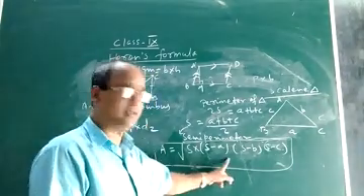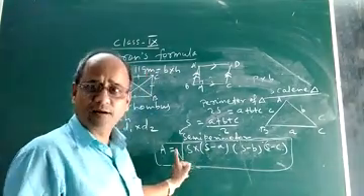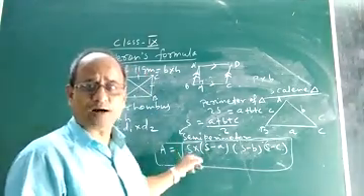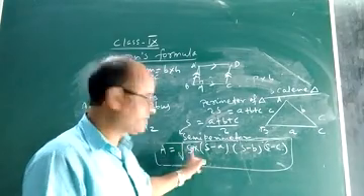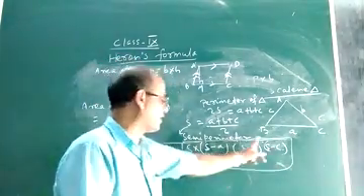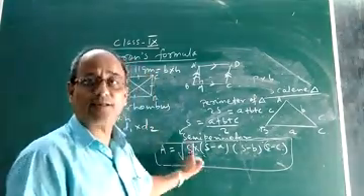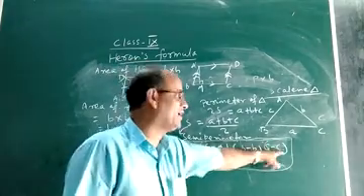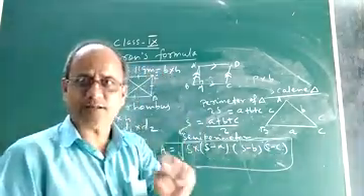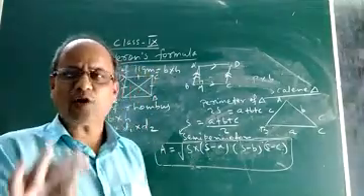We have to understand what Heron's formula is. Heron's formula is nothing but the formula to find the area of a scalene triangle, which is equal to the square root of S into S minus a into S minus b into S minus c. Where S is the semi-perimeter, and small a, small b and small c are the lengths of the three sides. Okay. So children, this is all about Heron's formula.